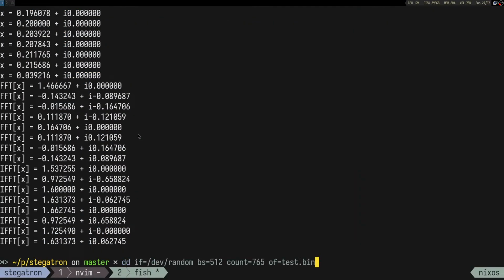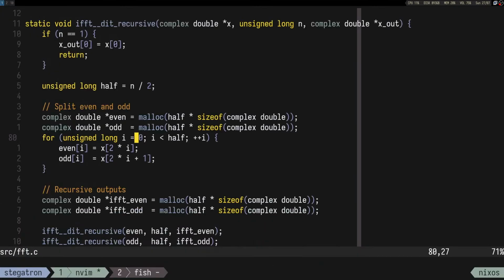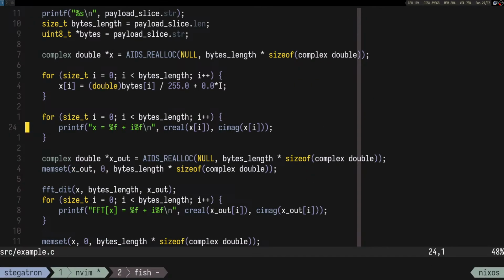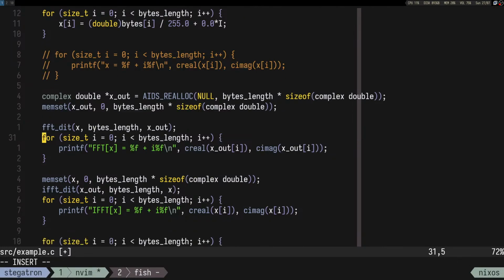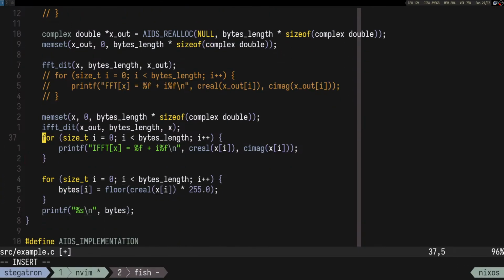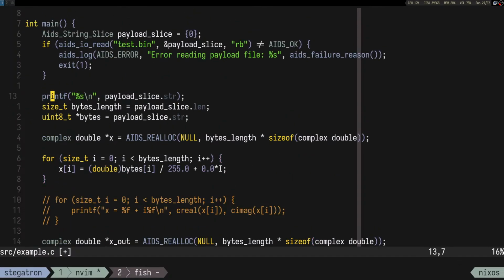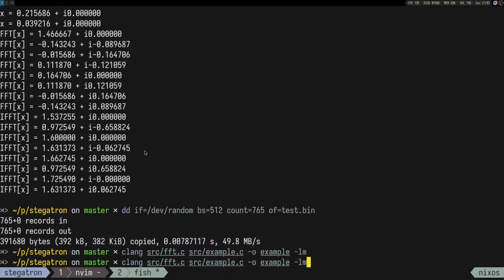Okay, let's try to dd some data into this thing, but what I have to do is remove some printfs because it's gonna take a while. Maybe some printfs would be nice, but